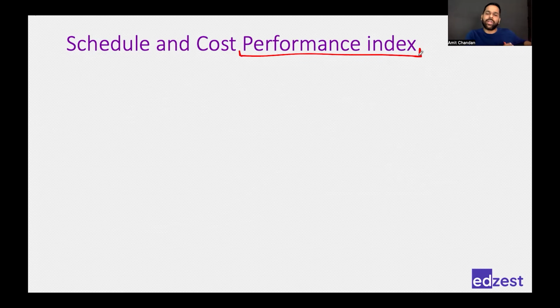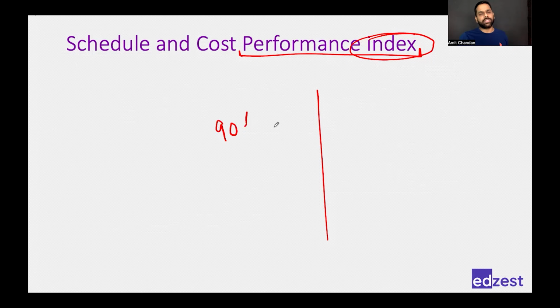So instead of just calculating the variance, you would also want to know the ratio or the efficiency, which is called an index. Now, understanding the ratio or the efficiency would help you in the forecasting as well. See, just by looking at the number, probably you will not come to know what will happen in future. But when you look at the efficiency, you will have an understanding. If I tell you that you have been doing your work at an efficiency of 90%, okay, then for the remaining period of time,